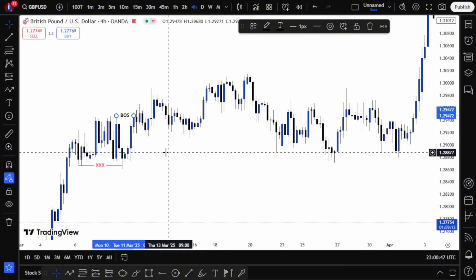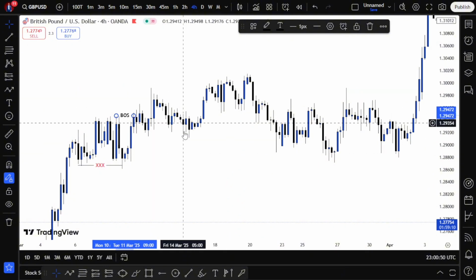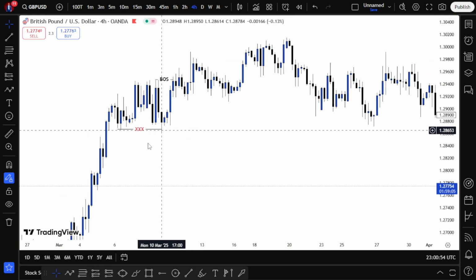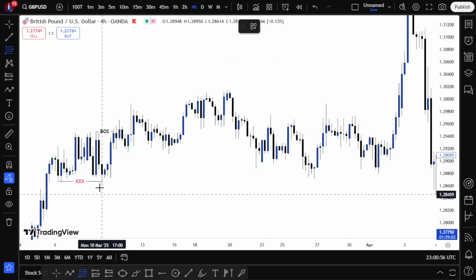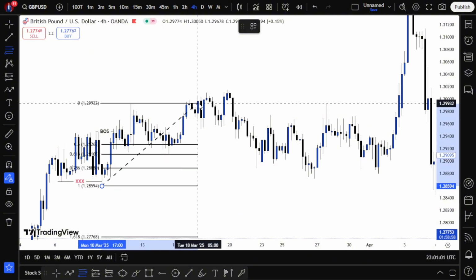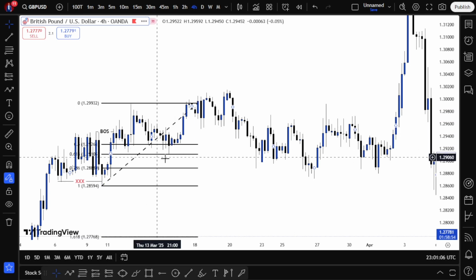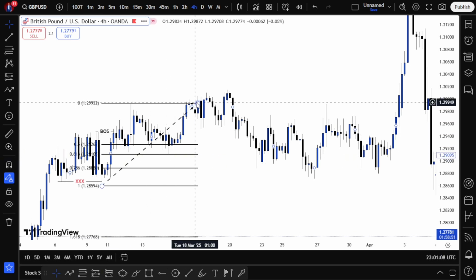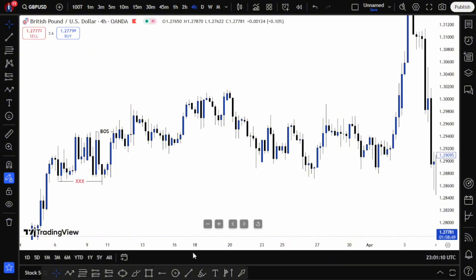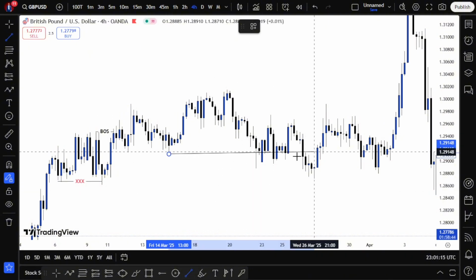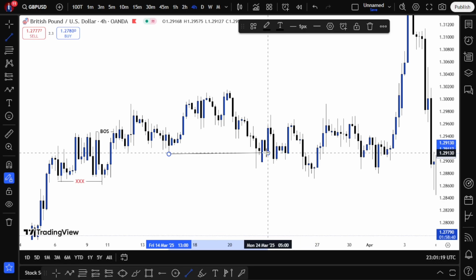So the next thing we wait for is a pullback that is at least 50% of this move. Okay, sorry about that. We need a pullback that's at least 50% from the swing low to the swing high. So this move is exactly 50%. This gives us even up to 60%. So that becomes our structural liquidity. All right, so I mark this to be my structural liquidity. The next thing I want is for the market